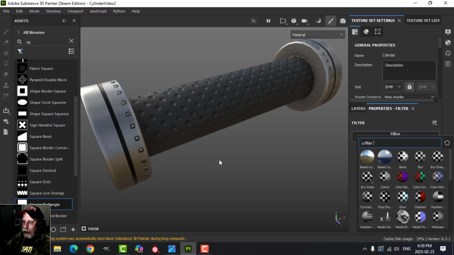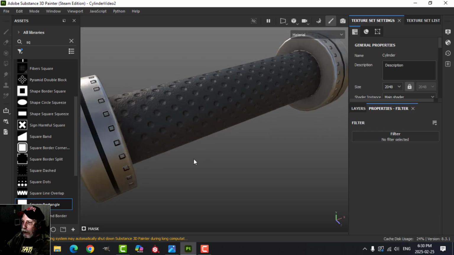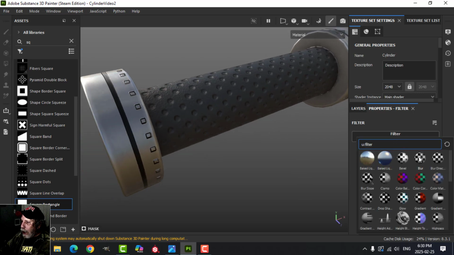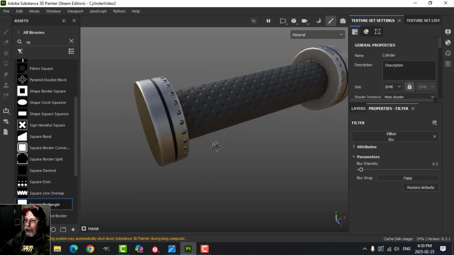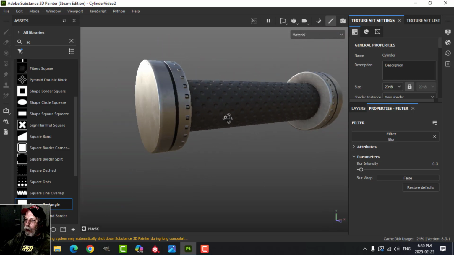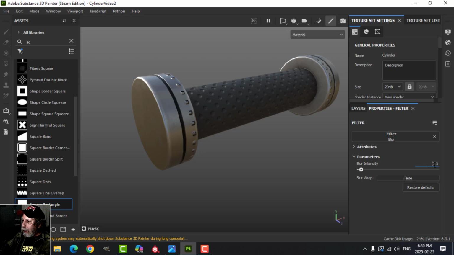Let's try the blur. So let's just watch these and see how it looks as we add this. Here's the blur. Okay, see the way it kind of softens it. Now that's defaulted to 0.5 for the intensity. I'm going to try 0.3 instead. Just a little bit less, and it just makes them look like they stand up a bit more, maybe even